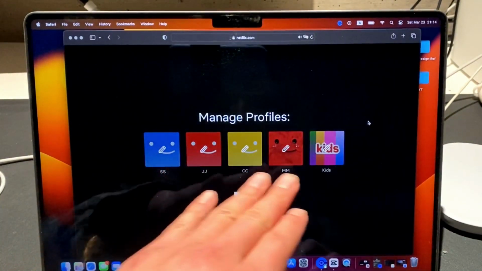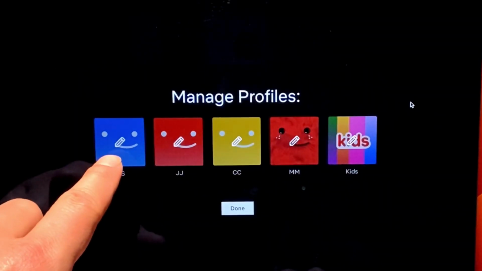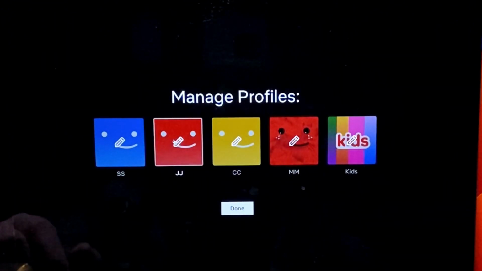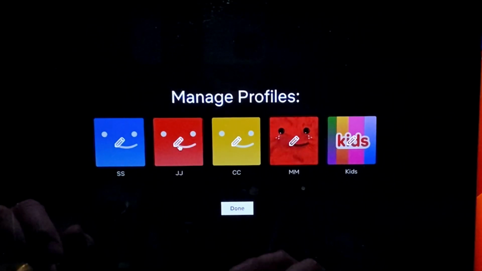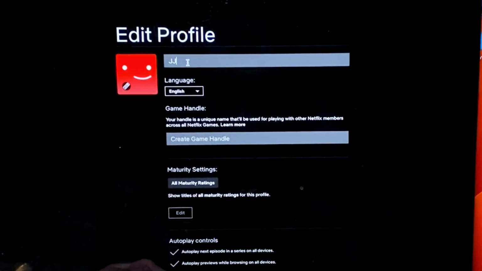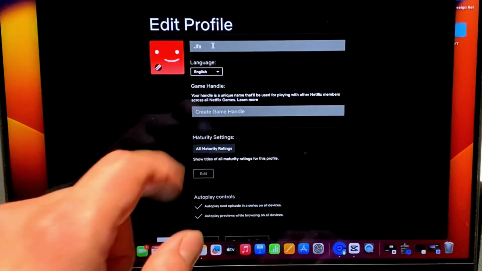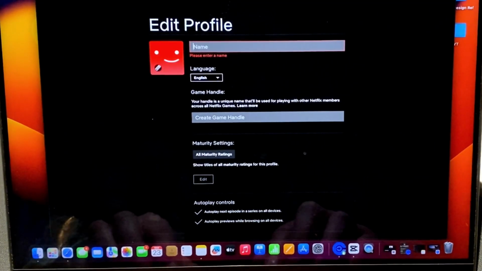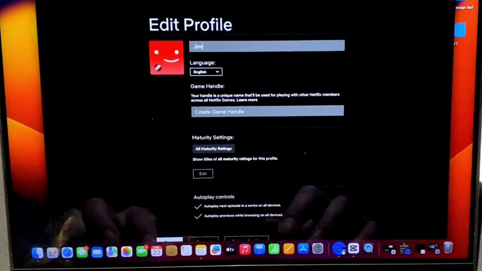And then once you go to Manage Profiles, you'll see that there's like a little pencil symbol on each one. And so let's go ahead and go here, JJ, and we're gonna change it to Jimmy. So as you can see, we're gonna go ahead and just change the name. So I'm gonna write Jimmy